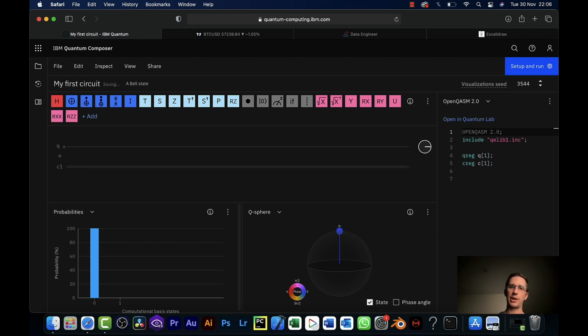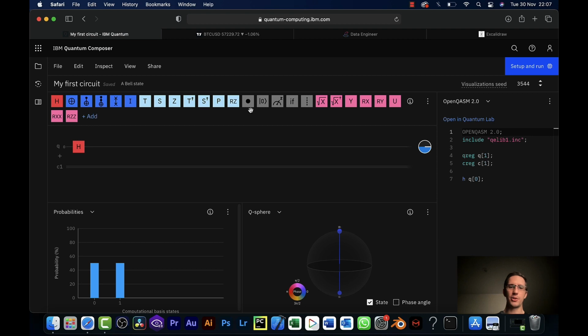Now, what's interesting about quantum mechanics is we can add in this Hadamard gate, and we can put this 0 into superposition. And what you'll see here is it's predicting that it will get a 50-50 probability distribution of being 0 or 1. What that means is when we measure this subatomic particle, whether it's an electron or a photon or whatever it is, and we are measuring the spin, for example, when it gets measured, it has to make a decision. Am I in 0 or am I in 1? Am I in spin up or am I in spin down? And the way it does that is, well, pretty much completely random.